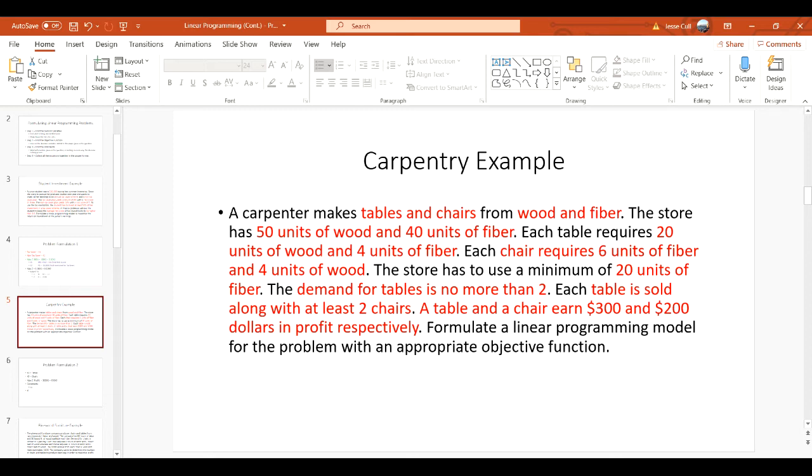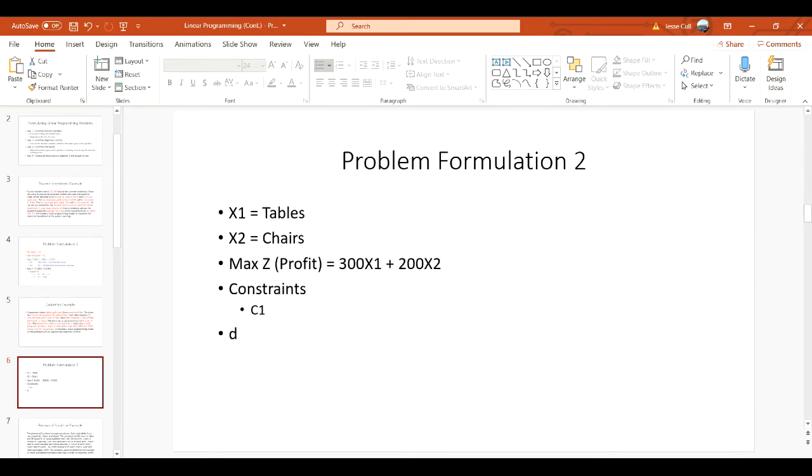So automatically we know these are limitations. Anything that requires more than 50 units of wood doesn't work. We only have 50, we cannot get more. So our first constraint is available wood. So C1, we'll say 50 units